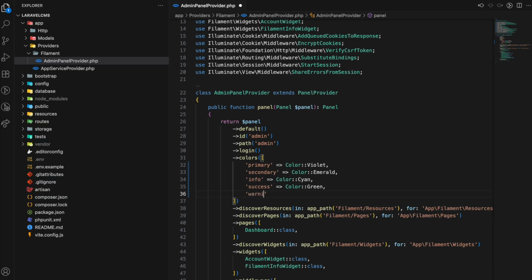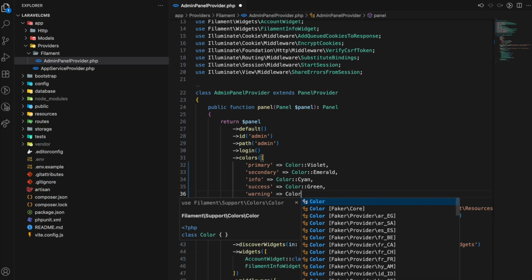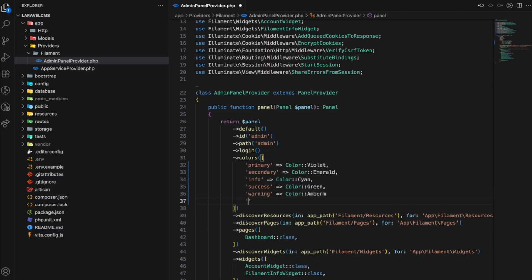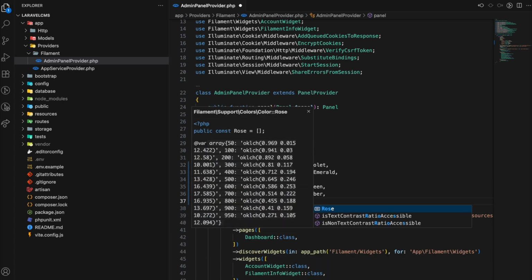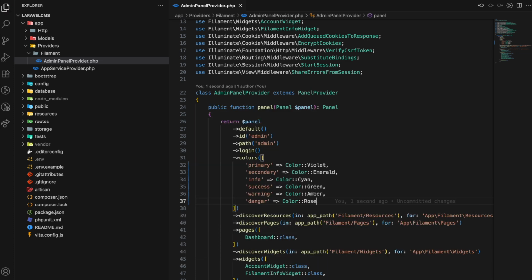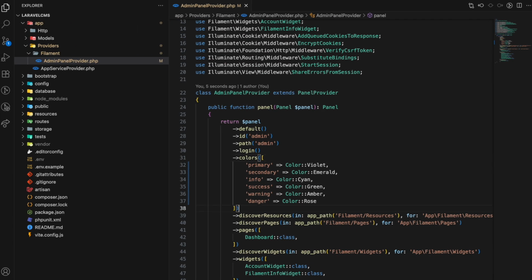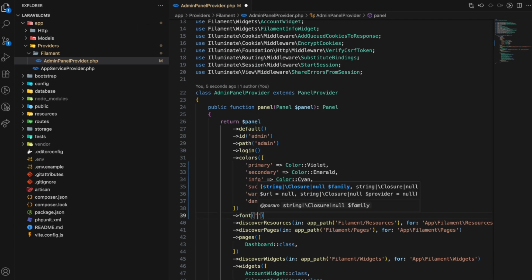And then we will have warning, let's say color amber, and then danger to, let's say, rose, right? So basically I just want to have the default color configuration, and then for the font I want to